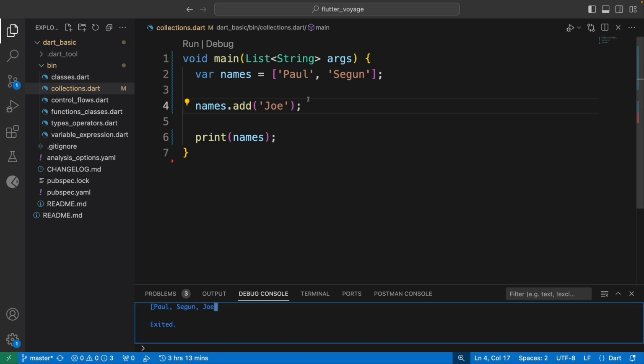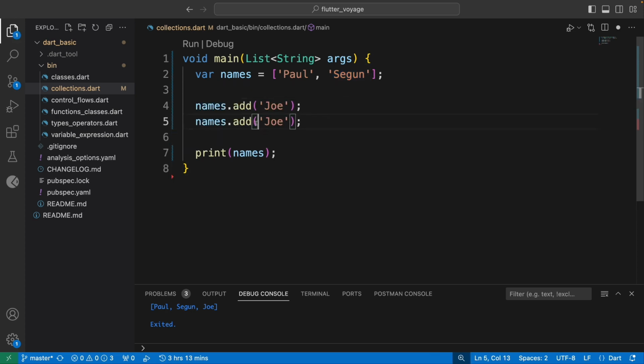and Joe. A list also lets you remove items programmatically without just deleting manually. You can do that using remove. You do remove, and then you specify the name of whoever you want to remove. In our case, I want to remove Paul, and if I run this, it's going to be Segu and